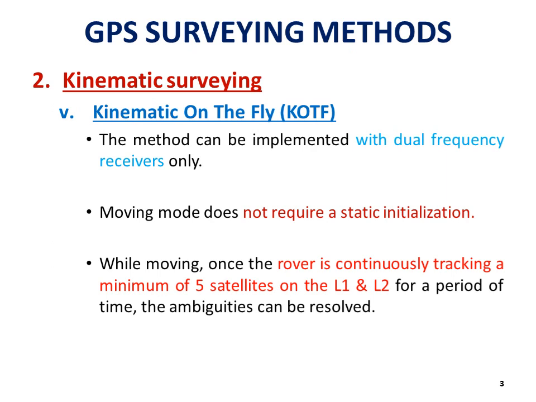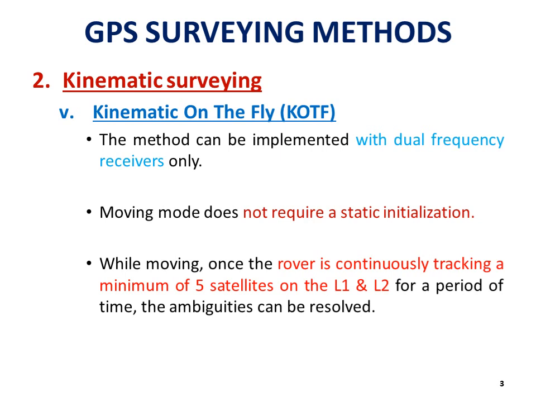So in the last class we studied four methods, that is first one stop and go, second traditional kinematic, third true kinematic, and fourth pseudo kinematic. Today we will learn about the fifth method, that is kinematic on the fly, shortly written as KOTF. This method has a peculiarity because this can be implemented only in receivers which have dual frequency. We learned about L1 and L2 carrier waves. They too have different frequencies, right?